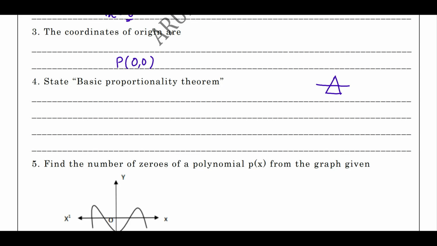I'll repeat again, you can write it down. If a line is drawn parallel to one side of a triangle, if I take triangle ABC, if a line is drawn parallel to one side of a triangle, it divides or intersects the other two sides in the same ratio or proportion, that is